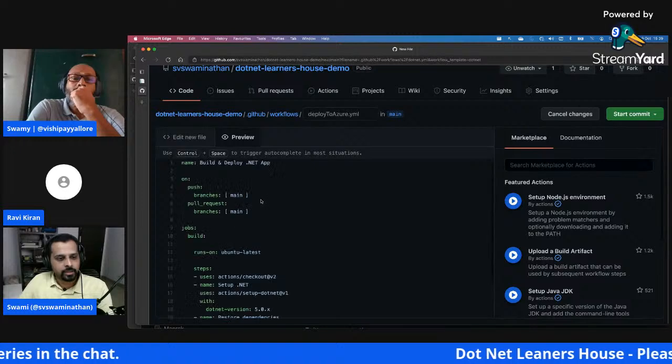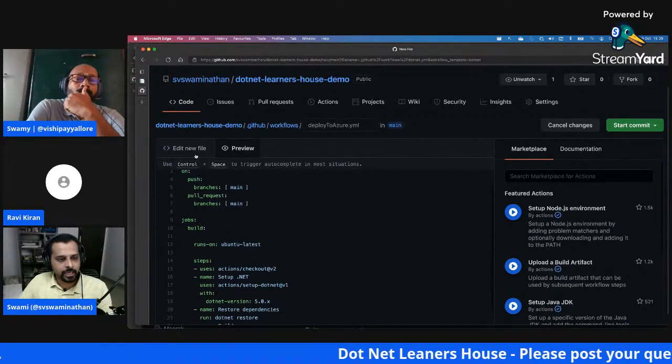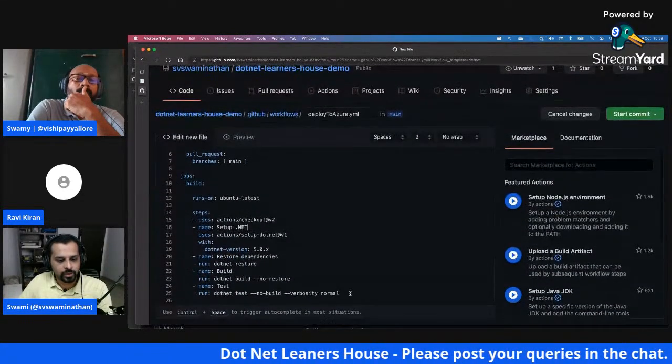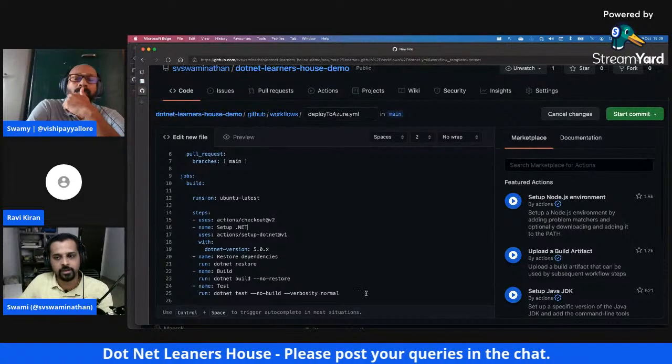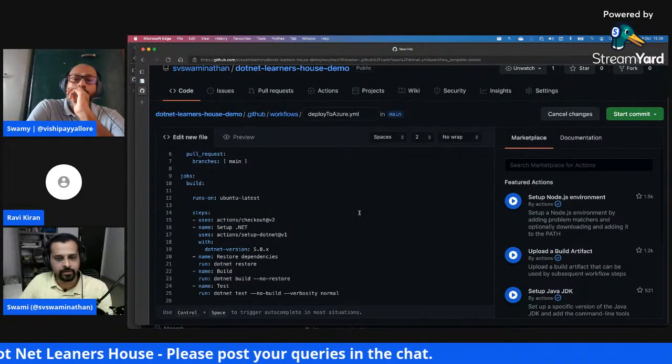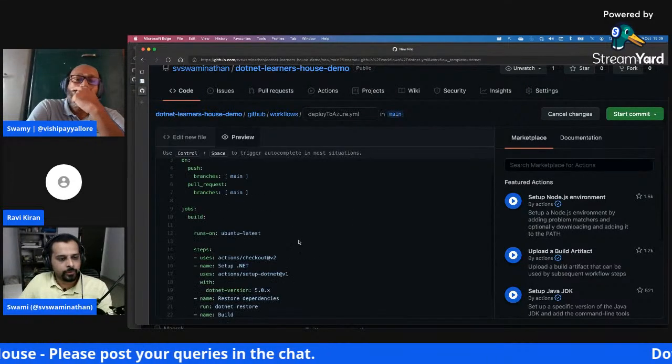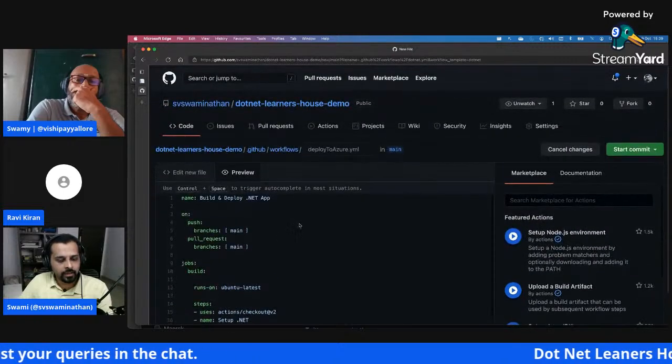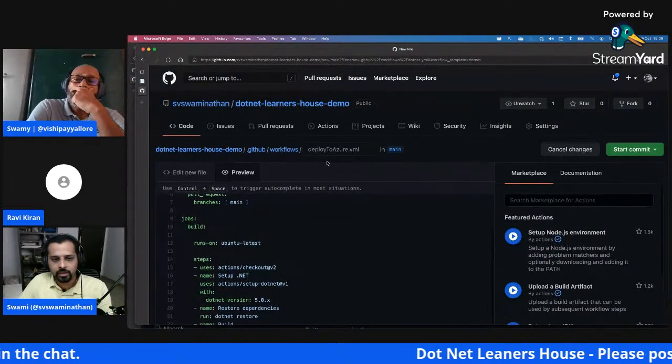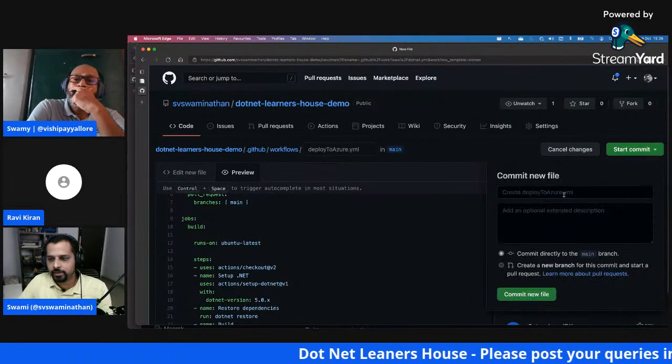So here, as you can see, this is how the preview is. It's basically a YAML file, and then you also get nice IntelliSense options and other things. We'll get to that next as we start editing this file here, right? I'm going to look at the preview here, and I see it's all good. I'll just go ahead and start committing into the main branch.